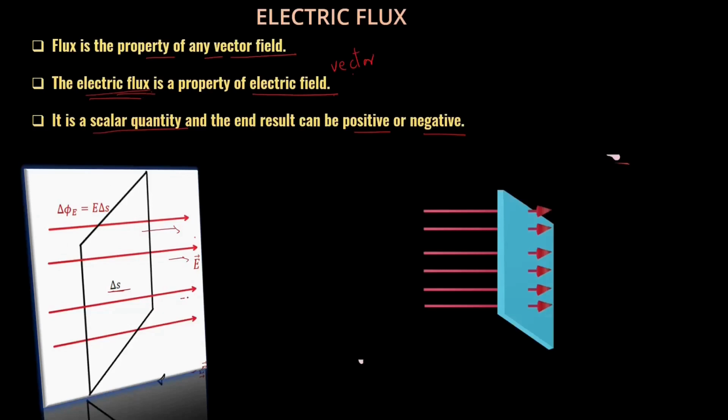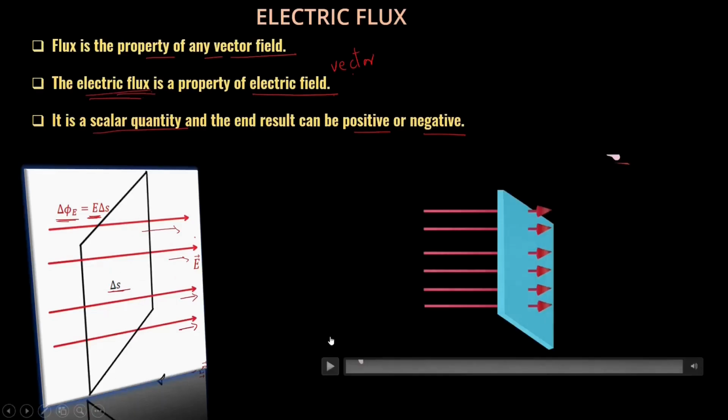So these electric field lines, if they are crossing the given surface area in a perpendicular direction, then we constitute a quantity which is denoted by delta phi, that is equal to E delta S. This formula we will be deriving in later articles, but let us see how to represent the electric flux. The field lines that cross the given surface area in a perpendicular direction constitute the electric flux.